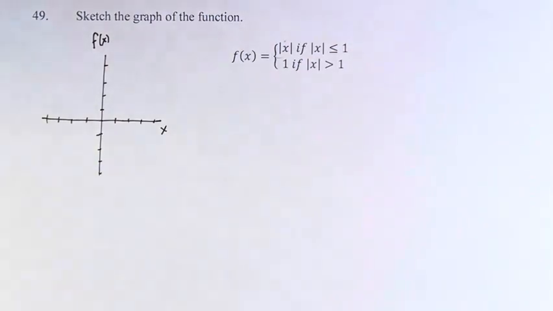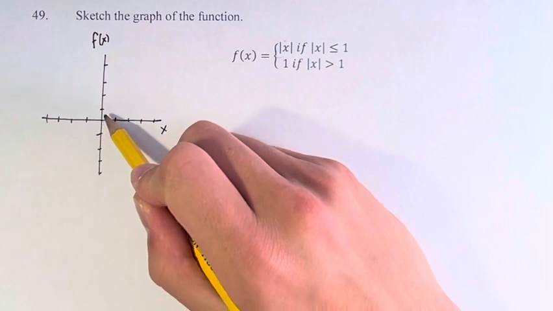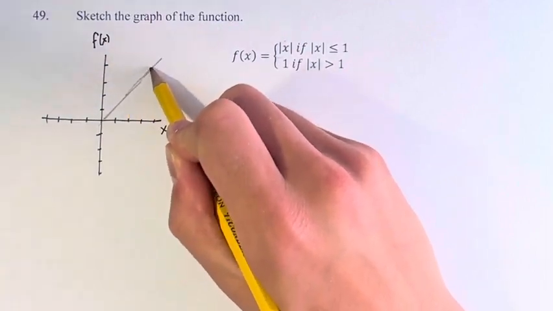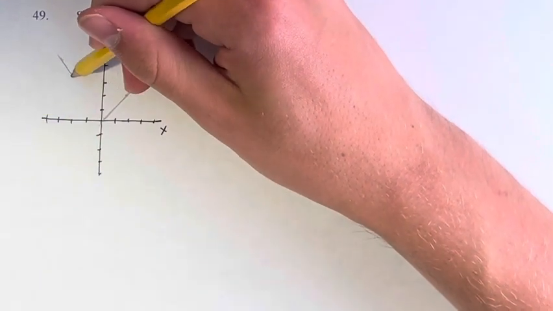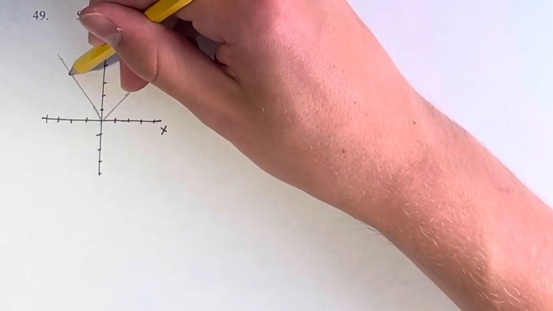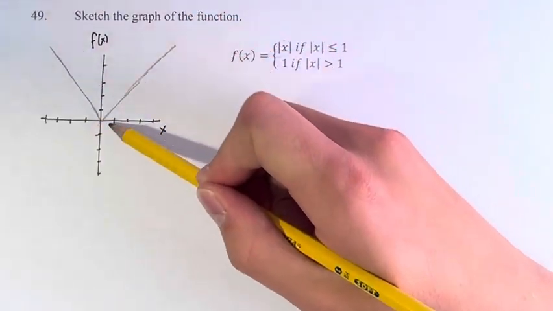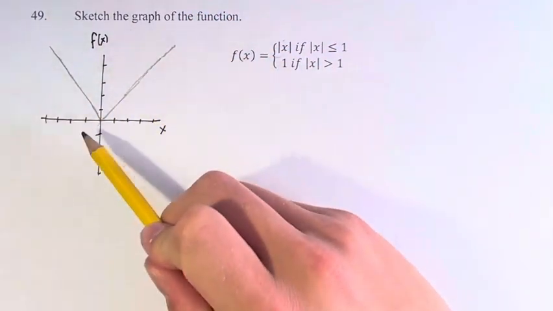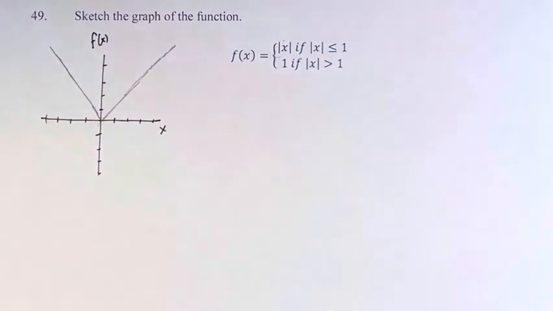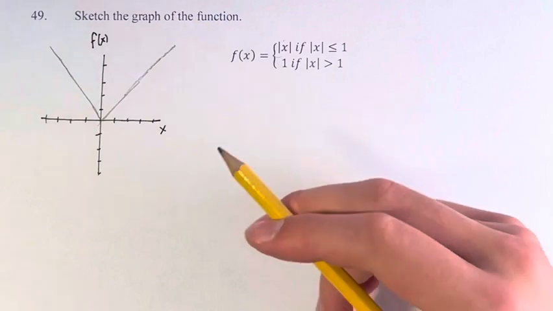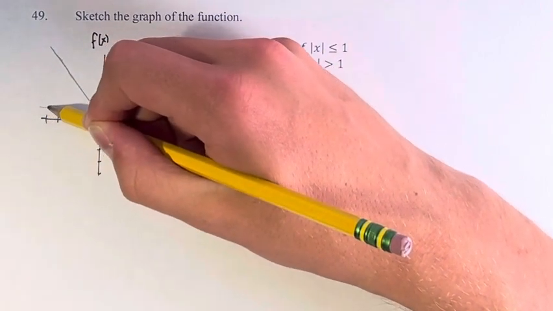So first of all, we have the absolute value of x, which is a graph you should be familiar with. Just looks like this. You have a line with a slope of -1 and a line with a slope of 1 meeting at the origin. And of course, it's only positive. Next, we have f of x is equal to 1, which is, of course, a horizontal line